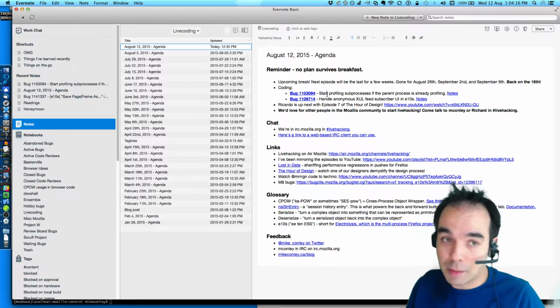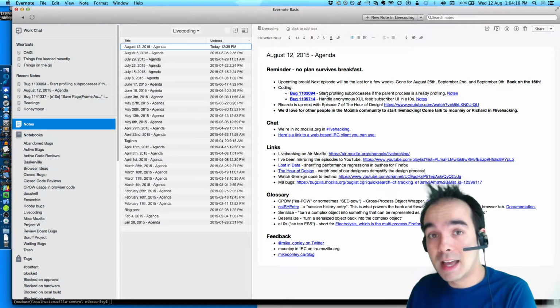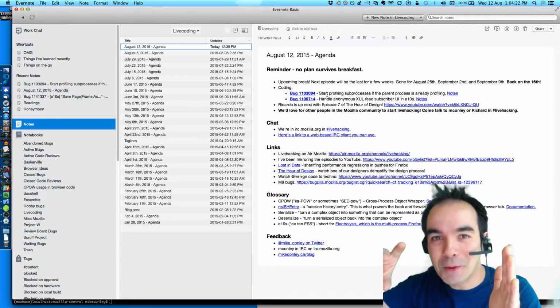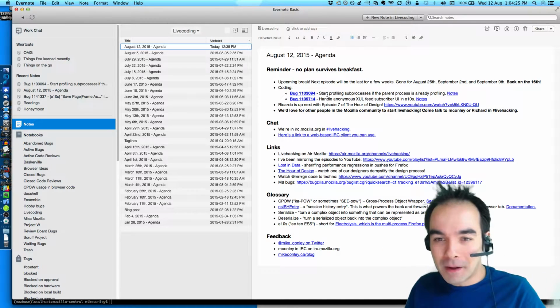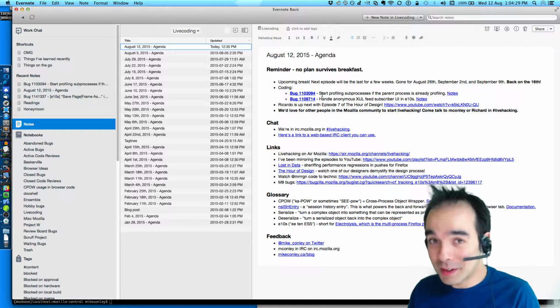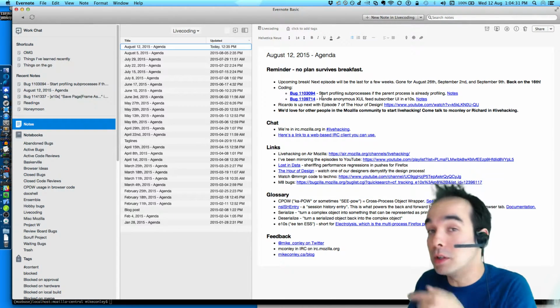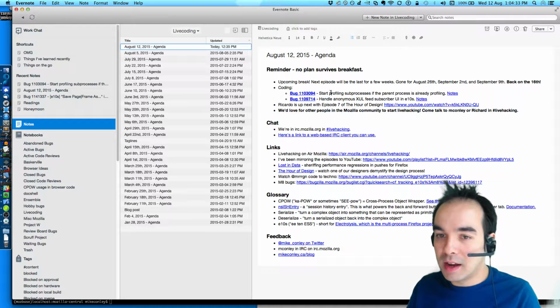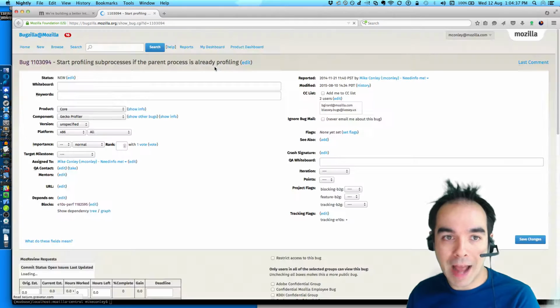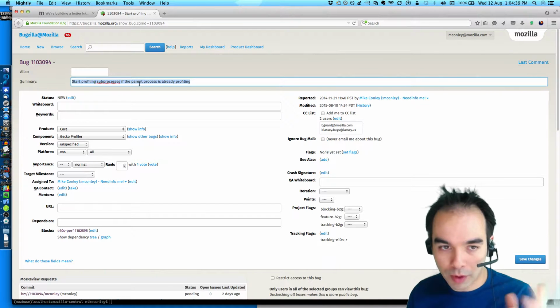And so I spent a couple hours and I wrote a couple of patches to fix it. But it turns out it's more about the processes ending before they can cough up the profiles. So the initial work that I did is not going to solve the problem, but it's still useful, and I'm going to build on top of it. So I should probably change the title of the bug to be more accurate of the work going on in here.